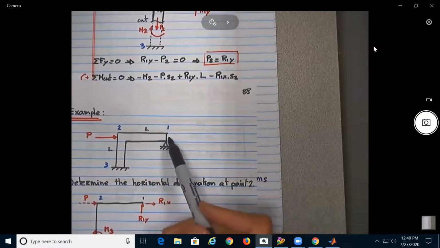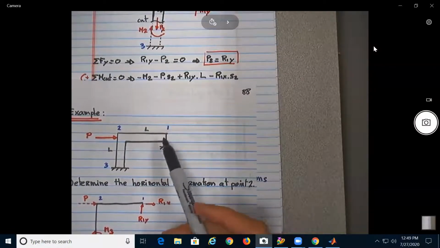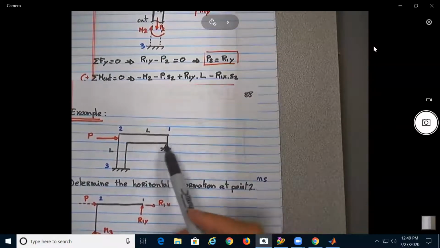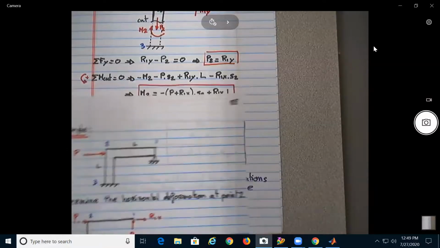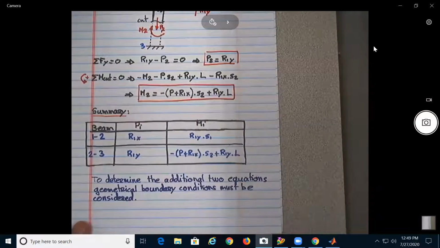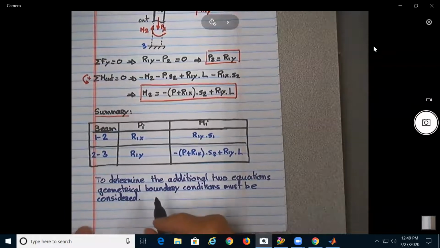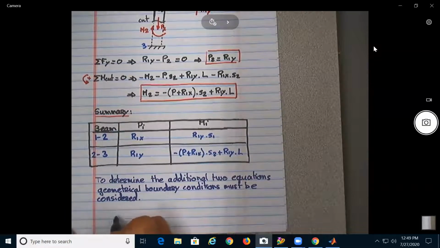So what should be the X deformation and the Y deformation at 0.1? This is simply supported, so it means it's 0, no? This is free to rotate, but it's not free to move in X or Y. So the additional two equations will be what? We know that at this point, at 0.1, this is simply supported,